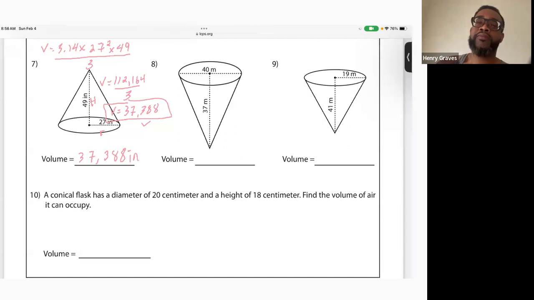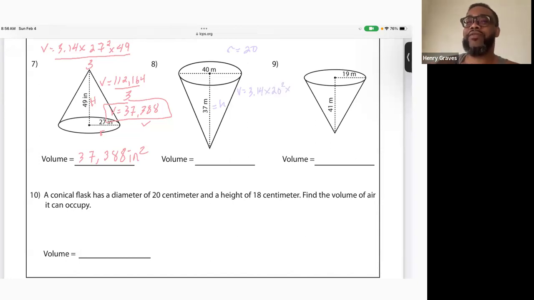Not a problem. All right, on number 8, they gave us a diameter of 40, so I'm going to need only half of that. So that means my radius is going to be 20, and this is my height right here. So my formula is going to be 3.14 times 20 squared times 37